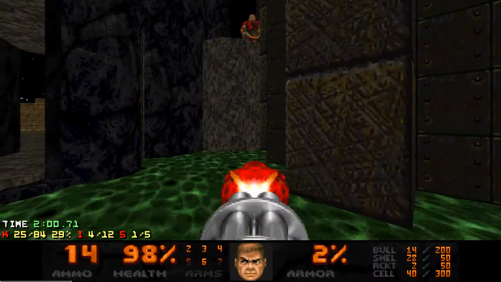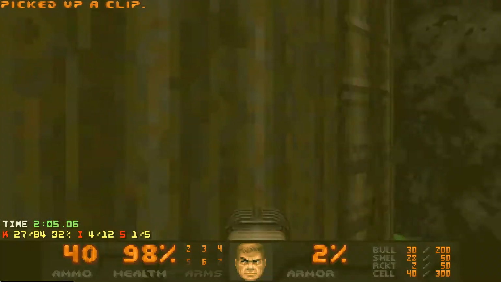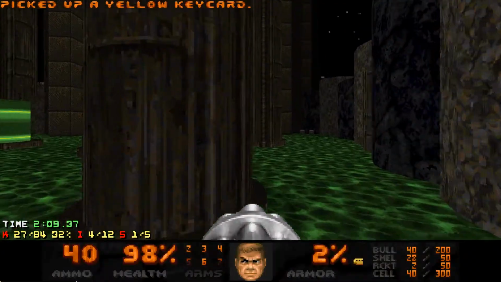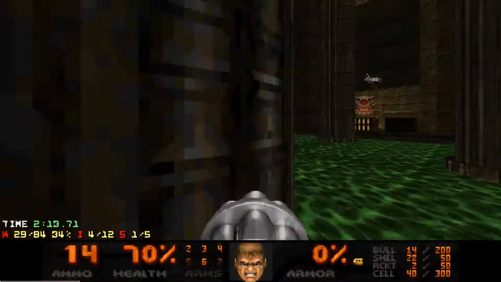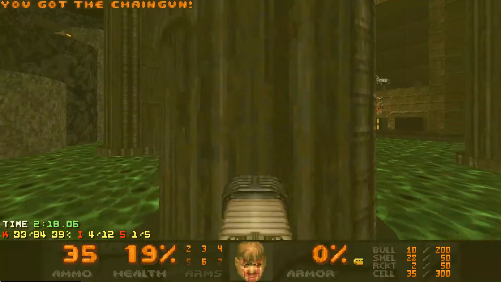Then you want to go over here and kill the chain gunners. Sometimes the one on the right, well, it's not there. So it's like around the corner or something. Don't wait for it. It probably won't show up. But once you get that key,